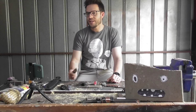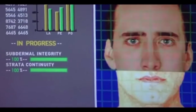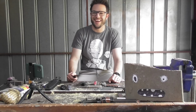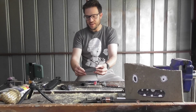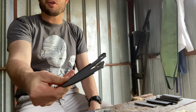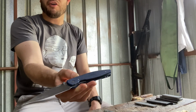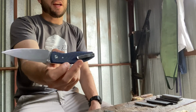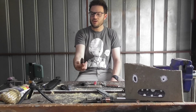Hey my friends, I recently had the opportunity to reskin, so the right term for it, rescale my TRM Atom. 49 Giants sent me some replacement scales for my grey TRM Atom scales. Some nice snazzy blue carbon fibre ones. Carbon fibre scales, and as such I swapped them over, and then I thought, well, it's not a bad time